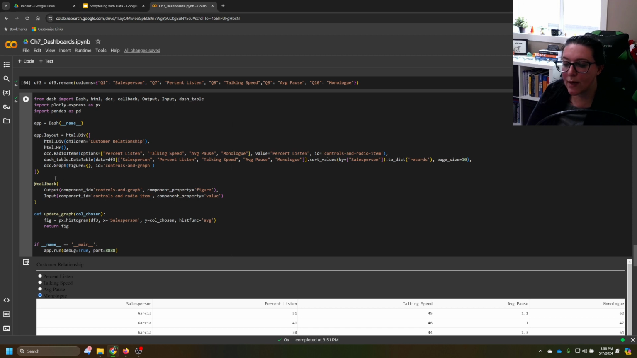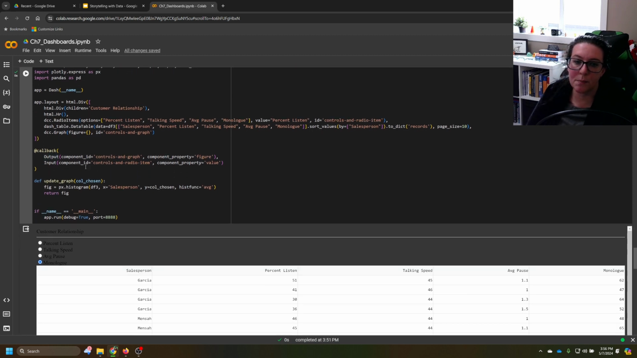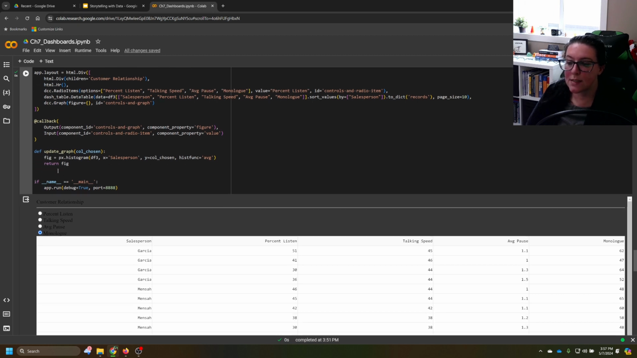And then you have a section that is callback, and that is going to be the part that is manipulatable, the part we can change. And so that's going to be here, this radio button, and the graph that goes with it. So the input is the radio button selection. The output is it's going to change that graph. So these two pieces here are tied to this radio items here and the fact that our dcc.Graph says controls and graph. This here, this update graph, this is the part that updates or changes as we select a